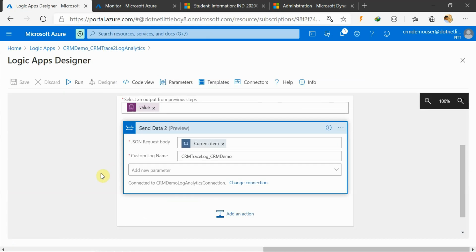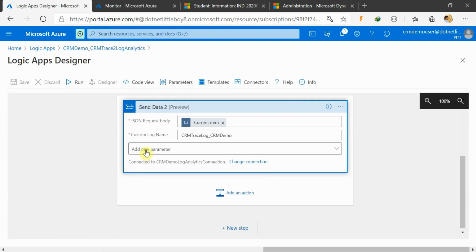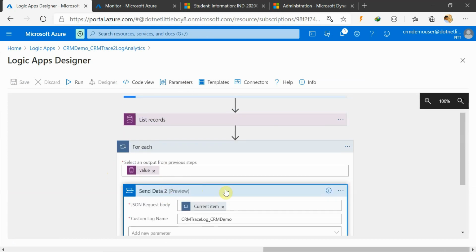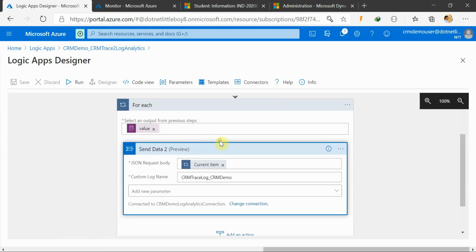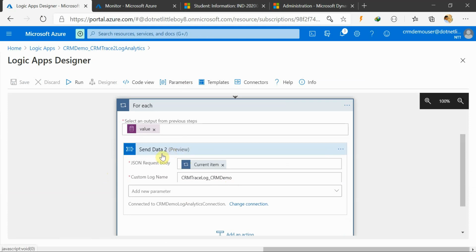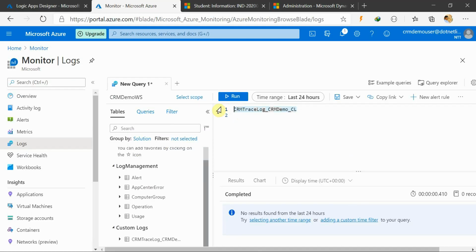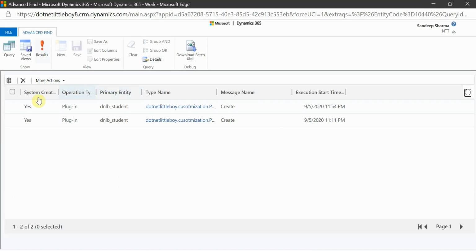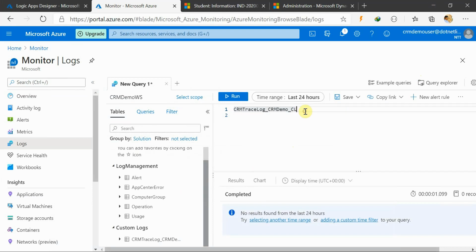So let's move to the next condition here. We will add another tab here, and before we send the data to this, we will validate it. For that, I need to generate this query here, because I want to get the unique key, which is nothing but the trace log ID. Each trace log record will have an ID, right? So with the trace log ID we'll validate if we have any duplicate record. So here it will be like,